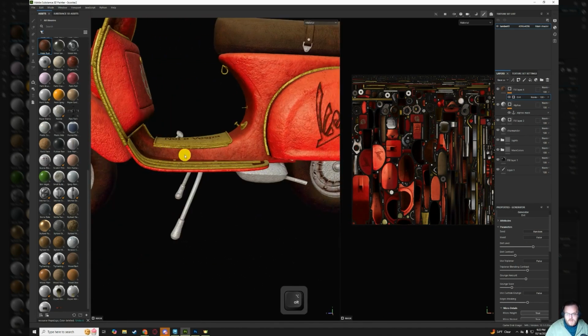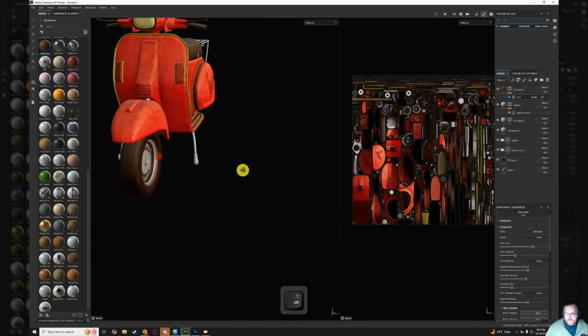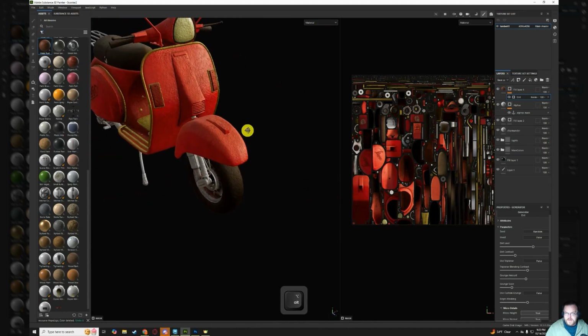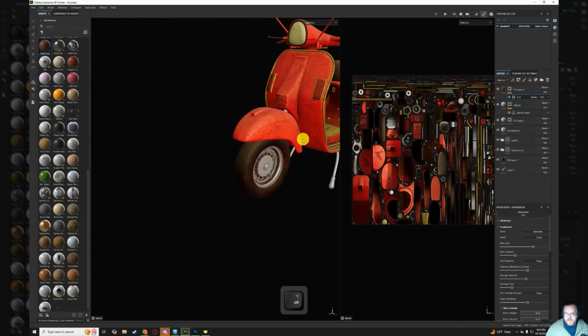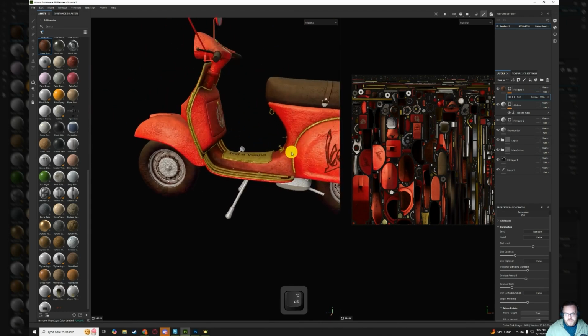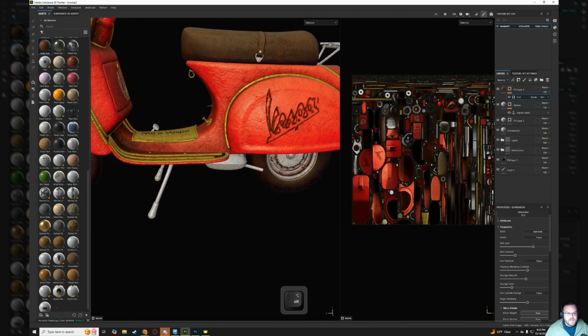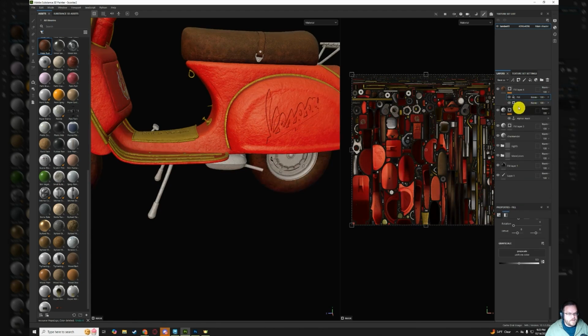Here we go. And again, this is affecting certain parts of the mesh that we don't want it to. So what we can do is right click on our dirt. We can add a fill layer there. And we can